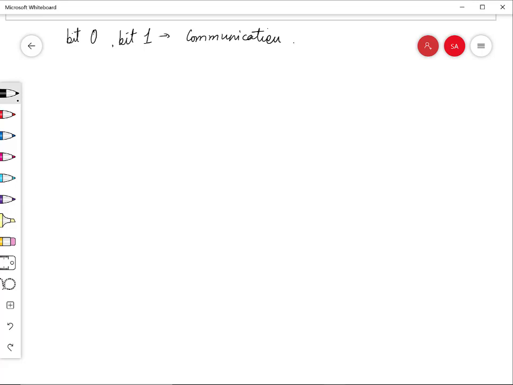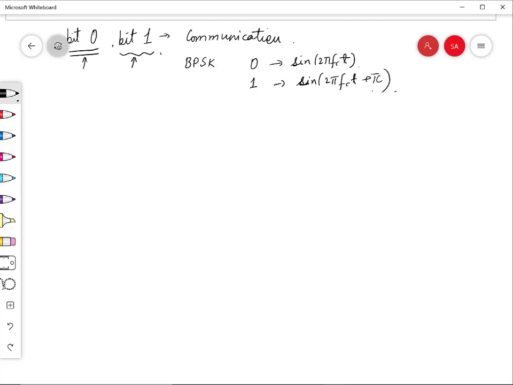Rather than just saying that there is no signal and there is one signal, we'll talk about signals that are present. For example, let's take a BPSK kind of signal. For bit 0 we transmit a sinusoid sine 2 pi f_c t, and for bit 1 we transmit, let's say, a shifted version of this sine, say plus phi. Phi could be, let's say, pi. So in a communication system you could have different signals corresponding to different hypotheses.